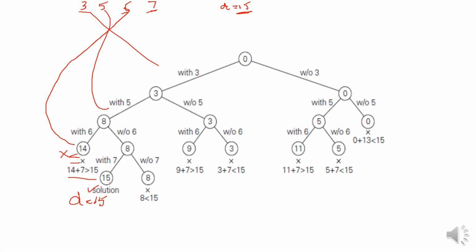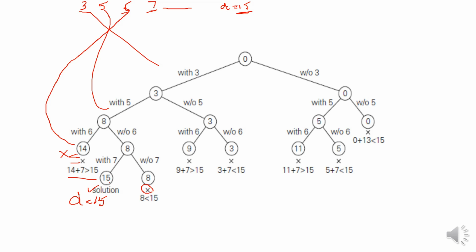You can try for other possibilities. So see if there are other solutions. So because we have reached the solution, we go back and see any other promising nodes. If they are there, we can try expanding them. Now this value is 8 and without 7 is still 8. Further, do I have any items in my given input set? No, right? So is there any chance of this 8 reaching 15? No. So 8 is less than 15. So this is also indicated as non-promising. That's why the X mark.